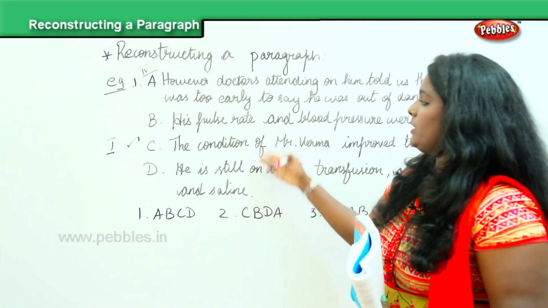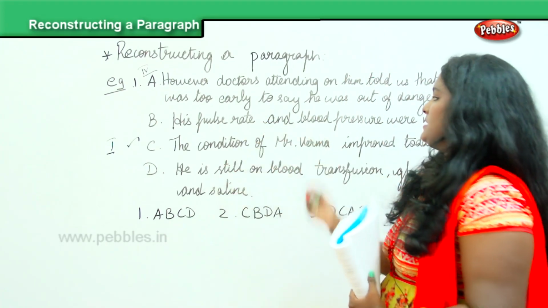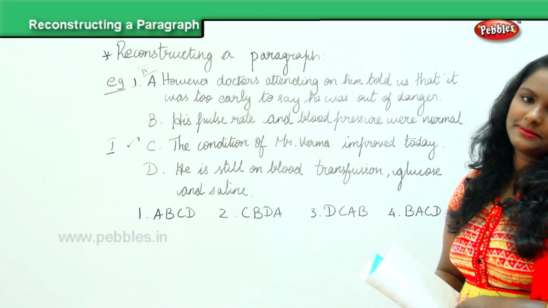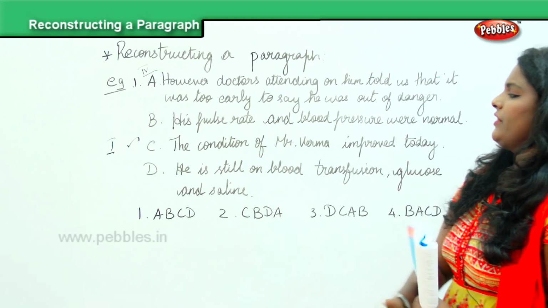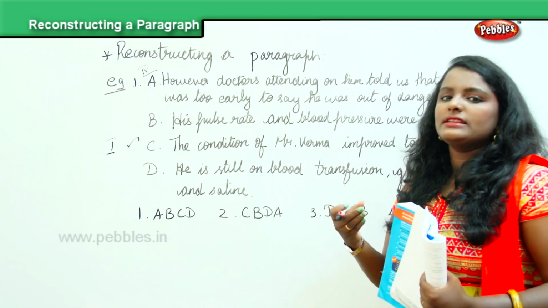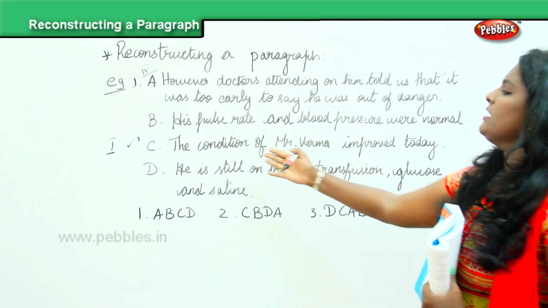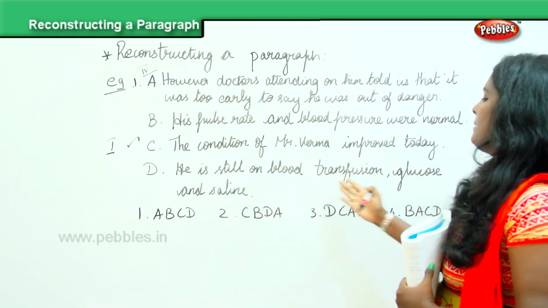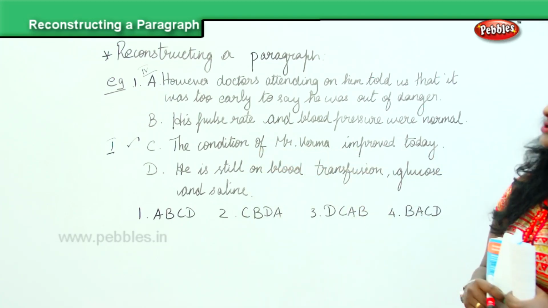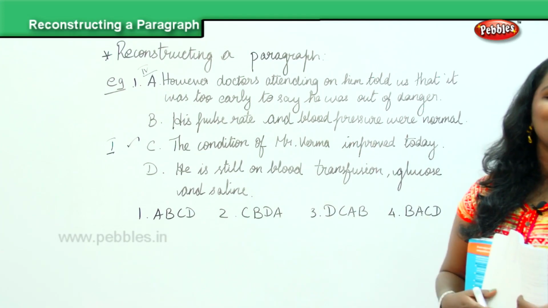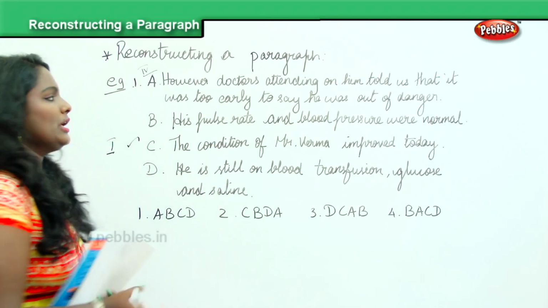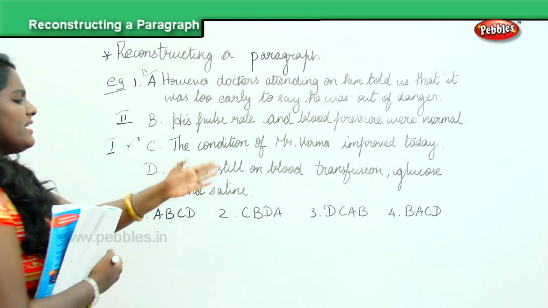Now you are supposed to decide which one you are going to take as your second sentence. Either his pulse rate and blood pressure were normal, or he is still on blood transfusion, glucose and saline. Now see, the first sentence is like this. The condition of Mr. Verma improved today. After that, your second sentence has to be related. It has to be linked to your first sentence. You cannot say the condition of Mr. Verma improved today, he is still on blood transfusion, glucose and saline, right? They are contradictory. So what you can do is, the condition of Mr. Verma improved today. His pulse rate and blood pressure were normal, right? So that gives a more in-depth idea as to how Mr. Verma has improved today. So I chose my B as the second sentence,